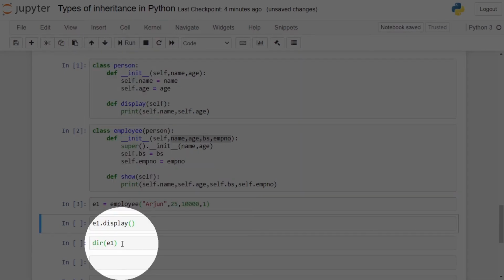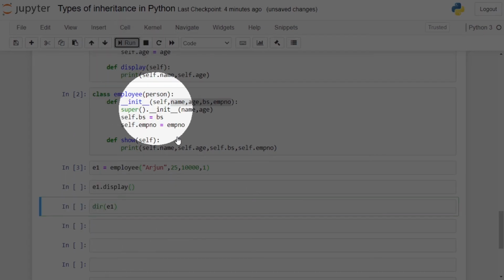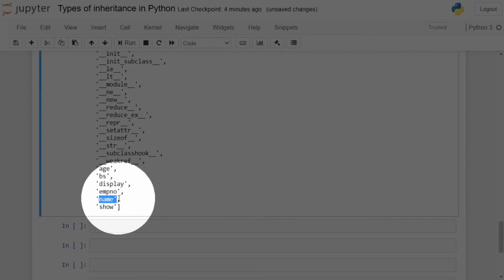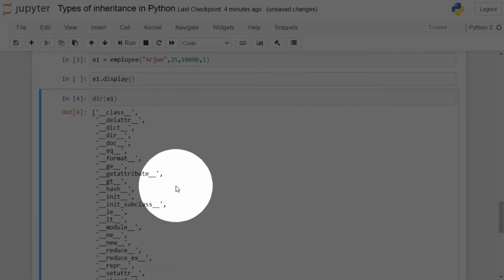If we check the content of object E1, dir E1, then you can see it has age, basic salary, name, employee number and display function of the base class and show function of itself, where name and age are from the base class and display is from base class.